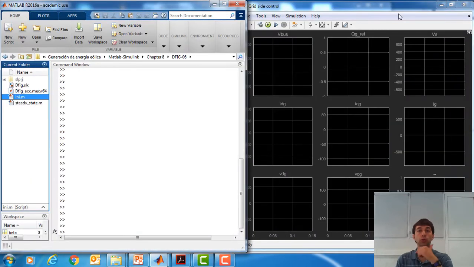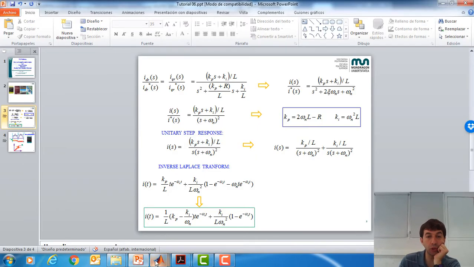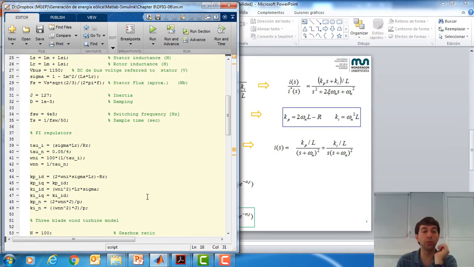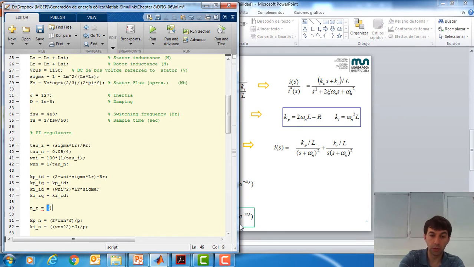Okay, so if we go to the Simulink program and if we open the initialization program, here it is, we can use this initialization program in order to do the analysis that we want to do, and it is very useful. So for instance, if we go to the rotor current loops, the numerator will be like this,